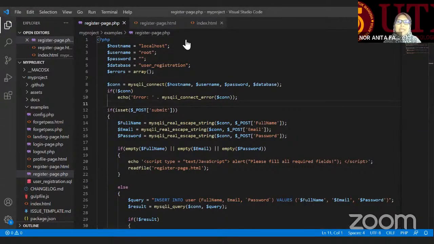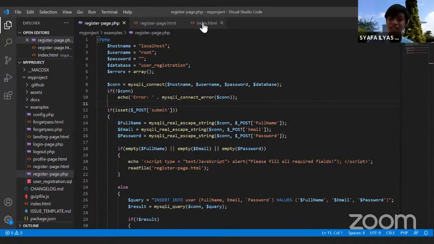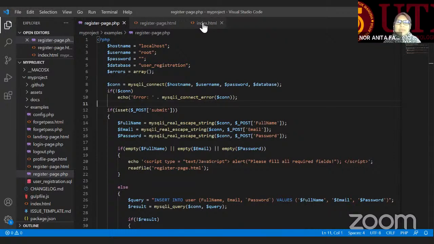I can remember that. So, Shafa, what do you want to ask me? Shafa? I think I asked about how we can do the view, delete, update, and read. Yeah, because right now,